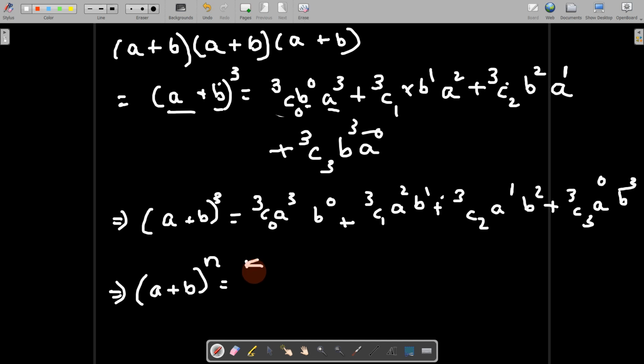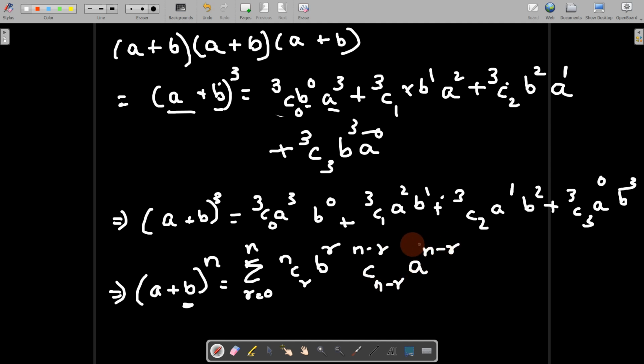That would be summation r equals 0 to n, n choose r. Now out of n, r people are choosing topping B. Okay. B power r, and the remaining people, n minus r people, are choosing topping number A. So out of n minus r, choose n minus r: the remaining people are all choosing topping number A. So this n minus r choose n minus r is 1. That's why this can be replaced by 1.